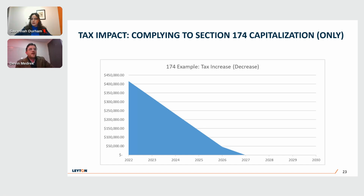The important thing to note here is that as you continue to capitalize costs year over year, you're going to be utilizing multiple years of amortization expense at once. They kind of stack up on top of each other. In 2027, you'll have a portion of 2024's capitalized amount being expensed, 2025's, 2026's, so on. So the tax impact, the tax increase dwindles over time. But if you don't claim the credit, you're basically going to get to zero as far as the tax change,